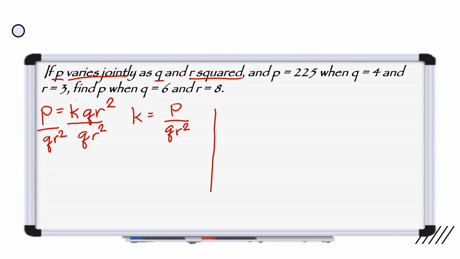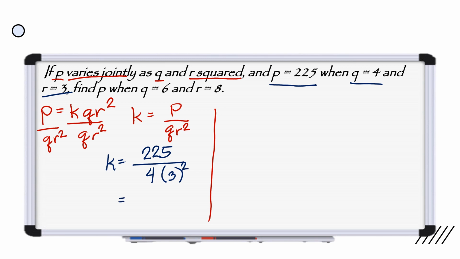Then, after that, tingnan natin yung ating given. We have here your P is 225. So, pwede natin ma-compute. So, 225 over Q ay 4. Q natin ay 4 times. Ang R natin ay 3. So, 3 squared. So, multiply lang natin. So, we have 225 over 4 times 9. So, rewrite lang natin. 225